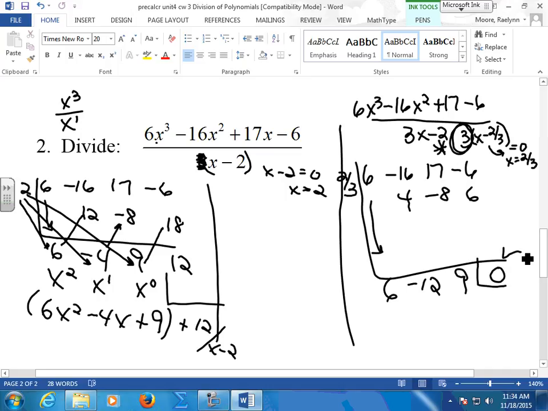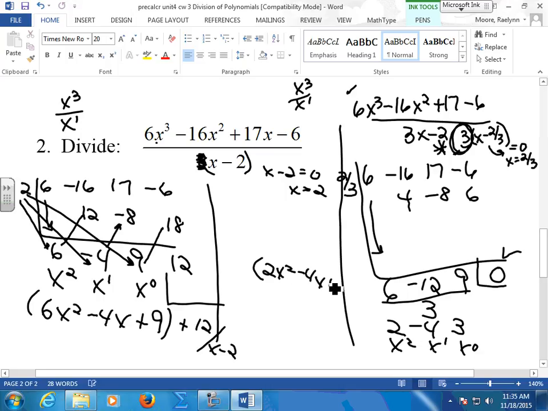But now watch. If we started and we multiplied 6 times 3, we get 18, don't we? Because we have to now take this 3 and divide everybody by 3. Guys, let's finish this up. So 2, negative 4, 3. So now, 2 times 3 gives me 6. If I was x cubed over x1, this is going to start at x2, x1, x0. So my factor is 2x squared minus 4x plus 3. Okay, does it make sense? Wait, why did you divide by